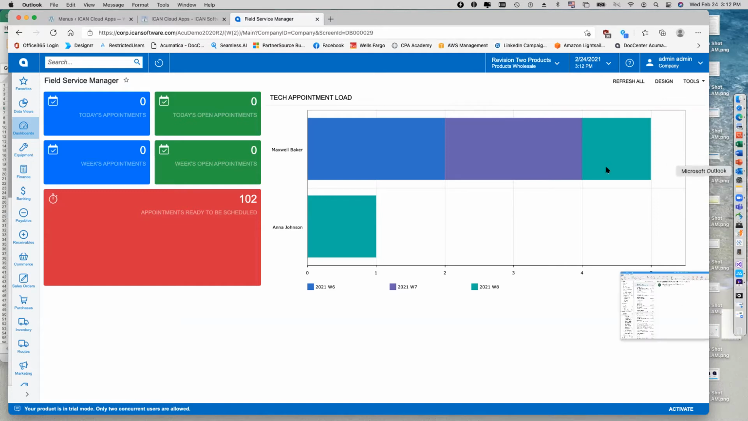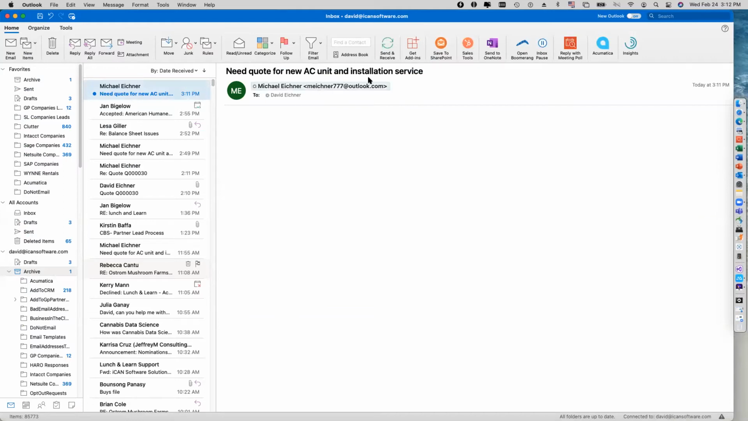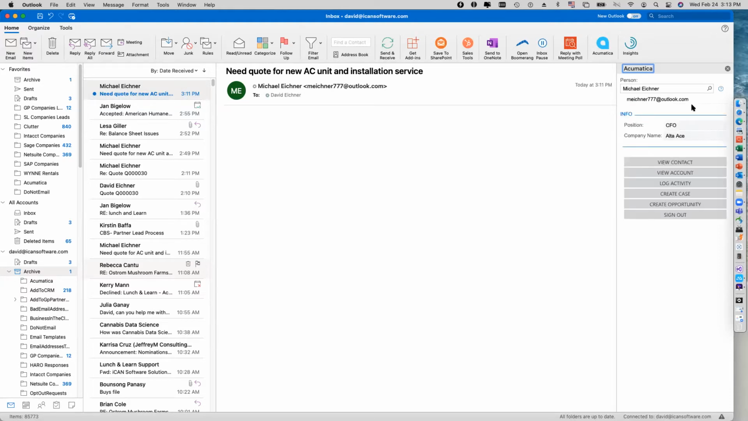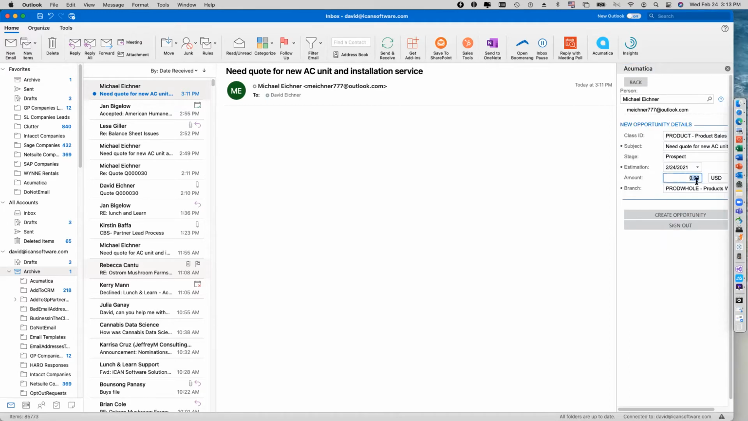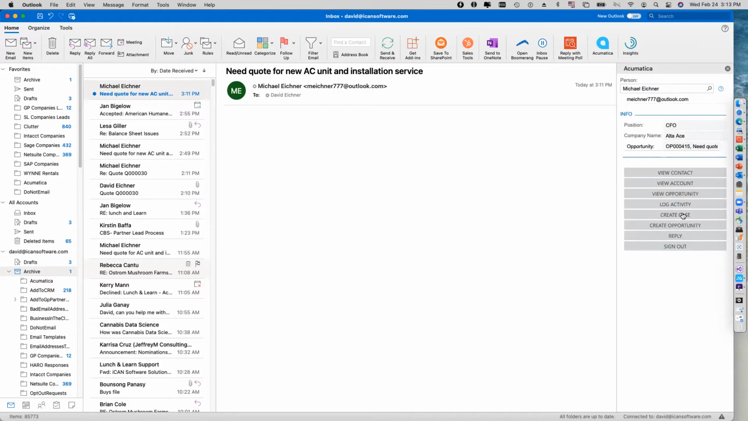So I'm going to get an email from a customer. They want a quote for a new AC unit. I just happen to have my handy dandy little Acumatica add-in for Outlook. So I recognize the CFO of this company that's been a good customer of ours for a long time. So I'm going to go ahead and create a new opportunity for this customer. And I'm going to click create opportunity, and it's going to go out and create the next opportunity here in